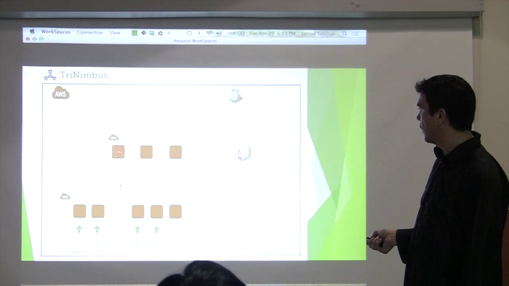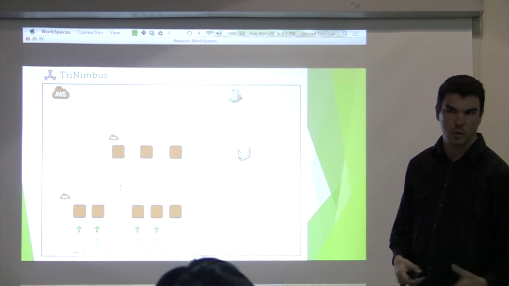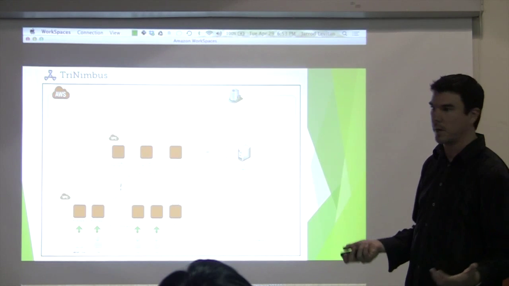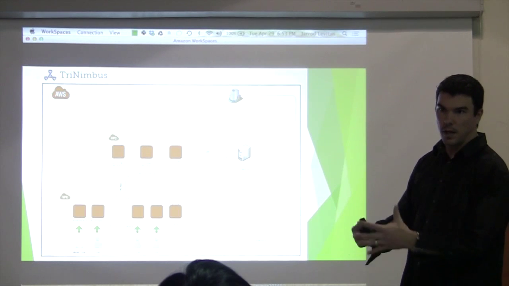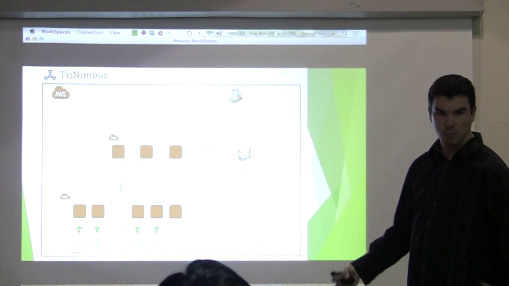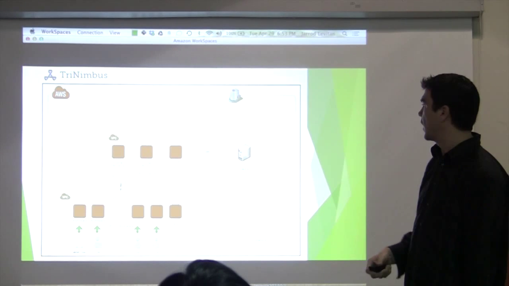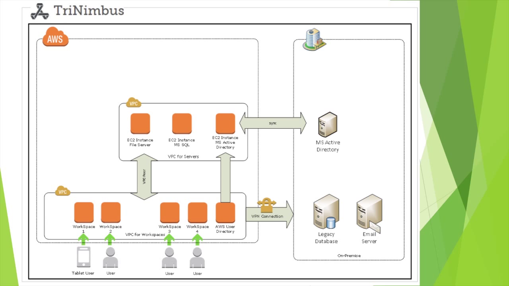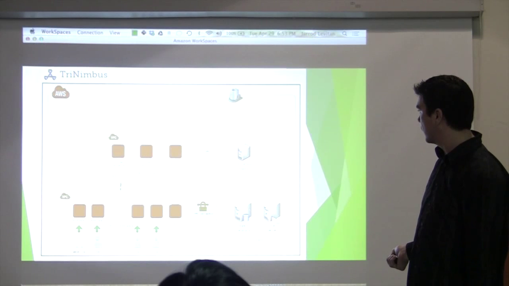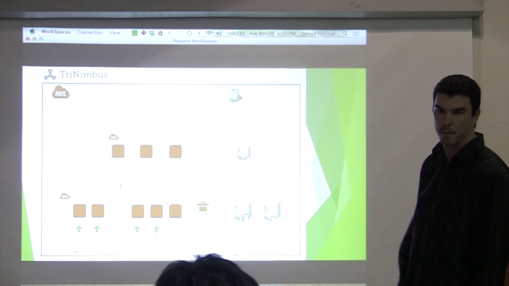And then you've got your other servers, so even though you get 50 gig or 100 gig storage for your workspaces, you might actually want a file server to have everybody's data all kept in the one spot and all collaborating on that. And then if you break out from there, you might have some legacy database, legacy email system there. You might want to have a VPN connection between them so that your workspace users can tap into those